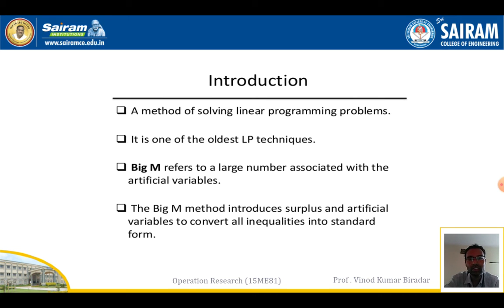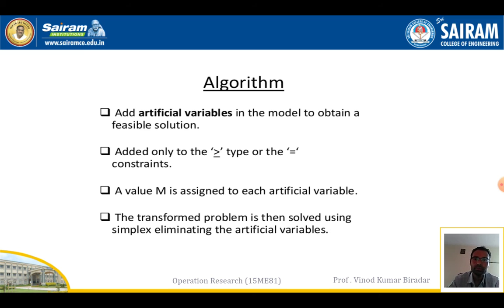It is a technical method to solve simplex problems, and it is one of the oldest LP techniques. Big M refers to a large number that is associated with an artificial variable. So we are adding this M with an artificial variable. The Big M method introduces surplus and artificial variables to convert all inequalities into standard form. First you have to add the artificial variable in the model to obtain the feasible solution